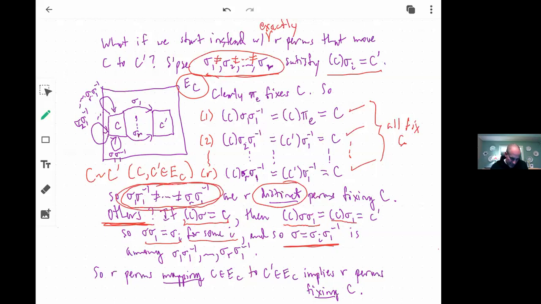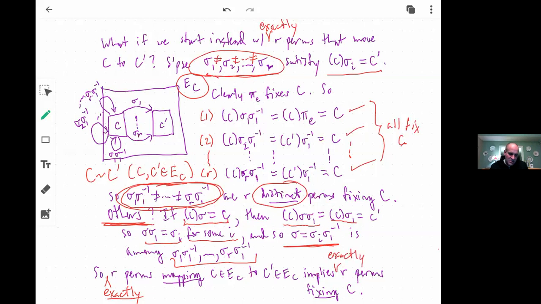It's among those. So that's all there are. So the R permutations mapping C in the equivalence class of C to C prime in the equivalence class. So exactly, let me re-emphasize the word exactly. Exactly R permutations mapping C to C prime implies exactly